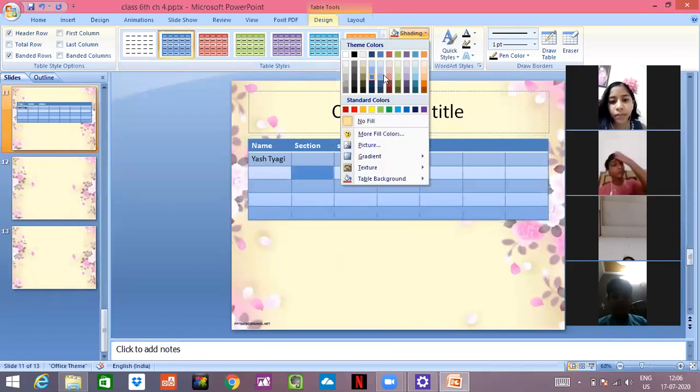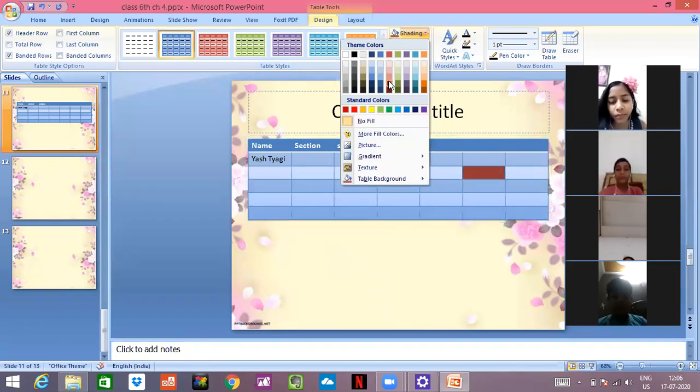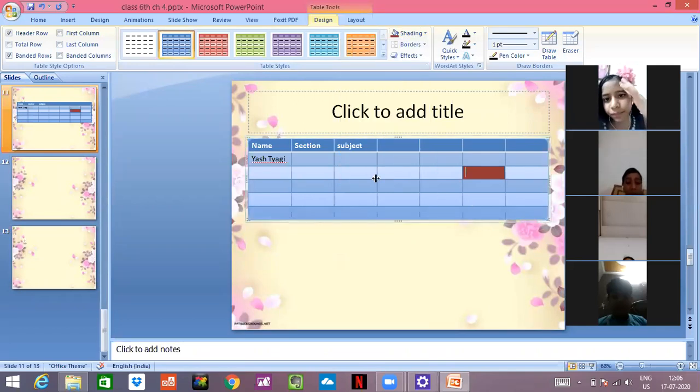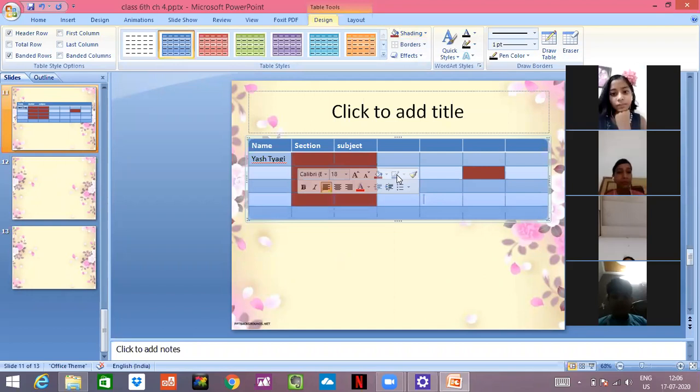See, I have selected a table. I'll go on shading and see only this particular box shading is being changed because I wanted to highlight it. Okay, see, only one box shading has been changed. I want to change 3 or 4 box shading. This has been changed. See, so this is your table tools.